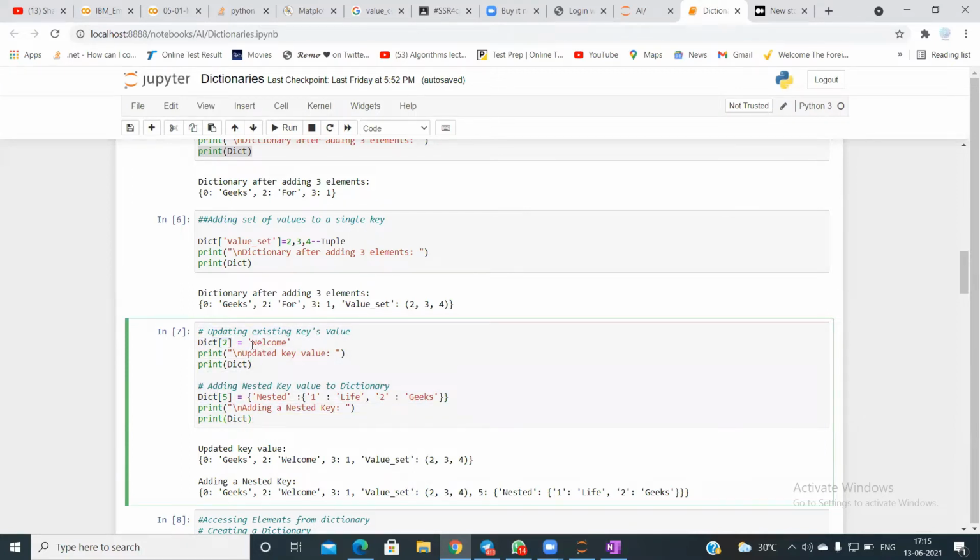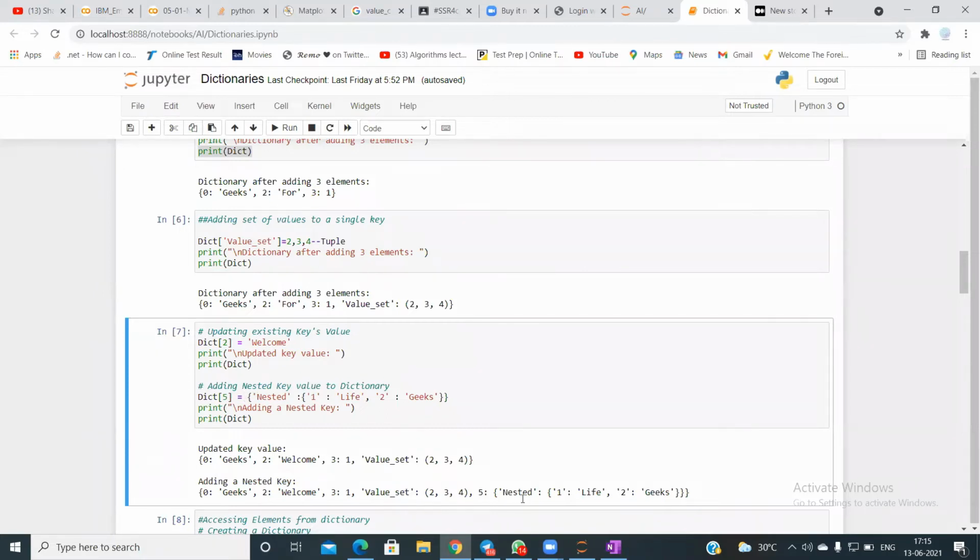So I changed the value of this second key to welcome, and I've added a new key called 5, and I have given a nested dictionary again. So I think this is a triple nested one.